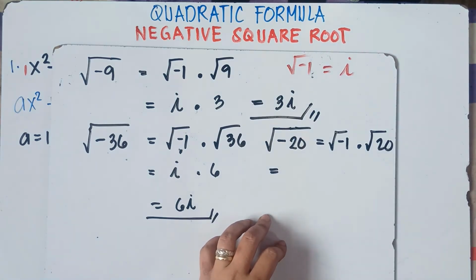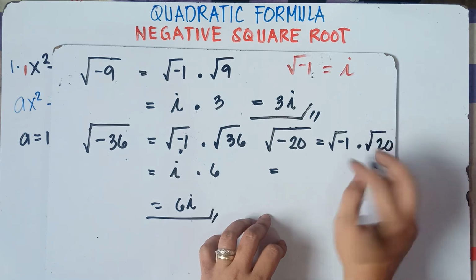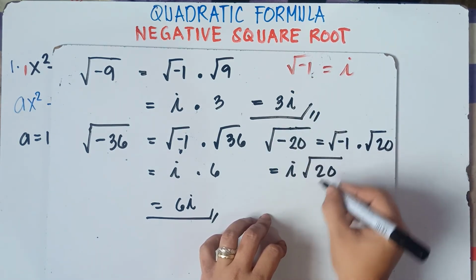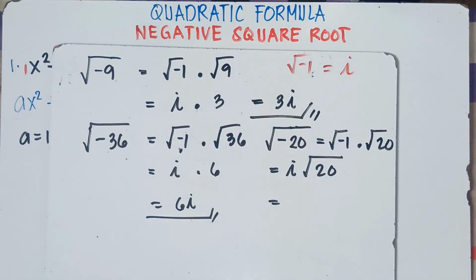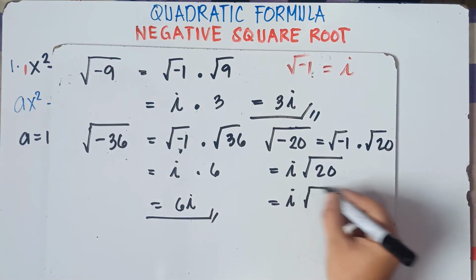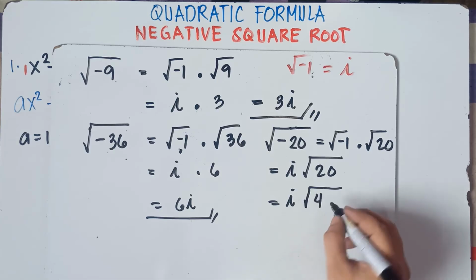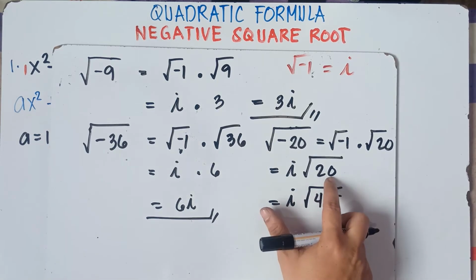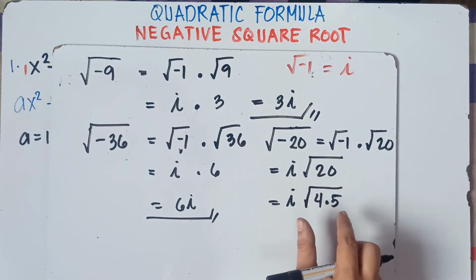So we can write this one as i. Once again, the square root of negative 1 is equal to i. So i times the square root of 20. Do we have the square root of 20, class? Nope, we don't. But we can find two numbers, where one number is a perfect square and the other is not. What would be those numbers, sir? Of course, that would be 4 times 5, right? Copy i, then the square root of 4 times 5, because 4 times 5 is 20. 4 is a perfect square, then 5 is not.